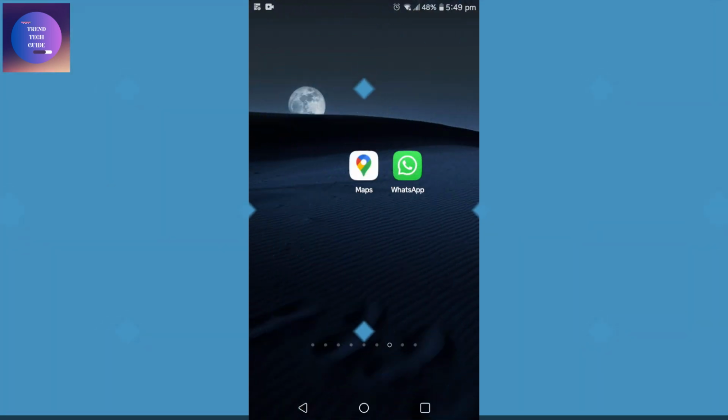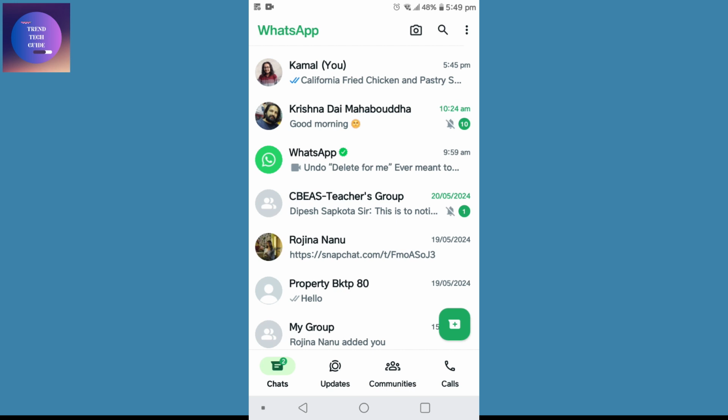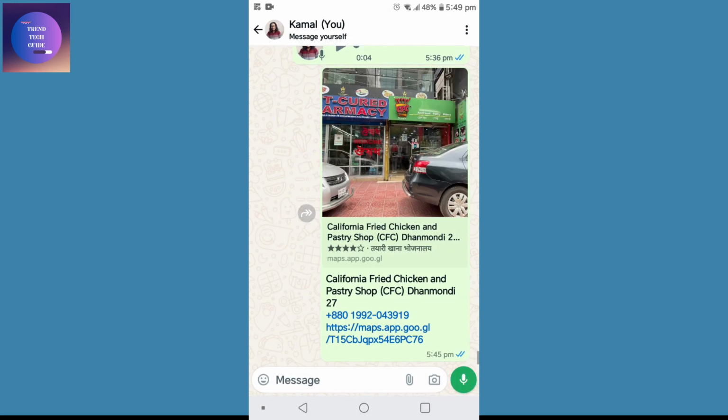So let's start. First of all, you can see I'm here on my mobile phone. Now I'll tap on WhatsApp and go to any message. For now, I'll go to this top one, and over here, to send a photo as a document,